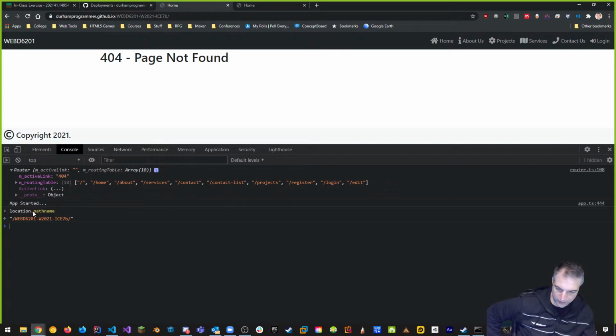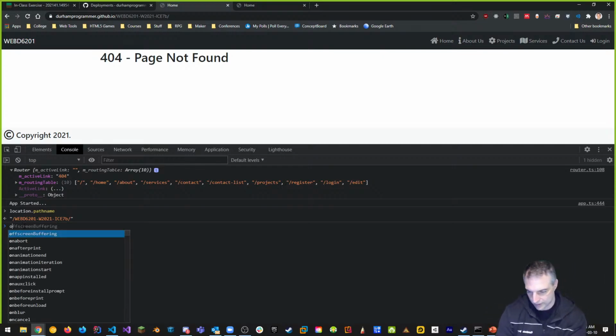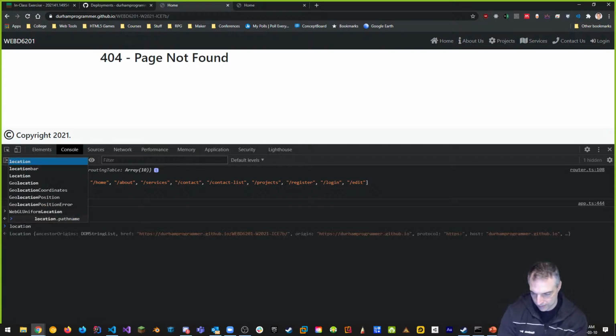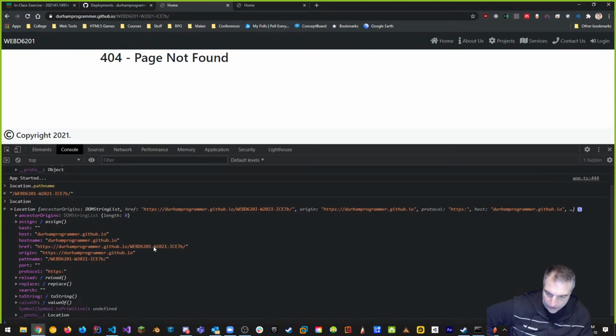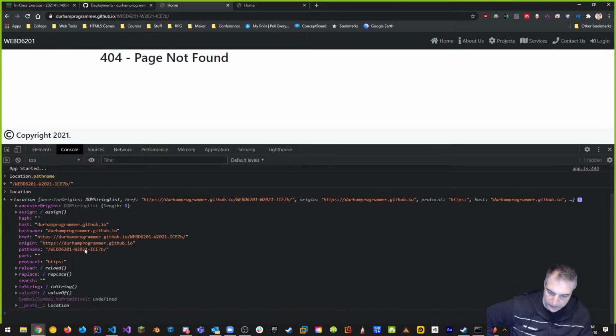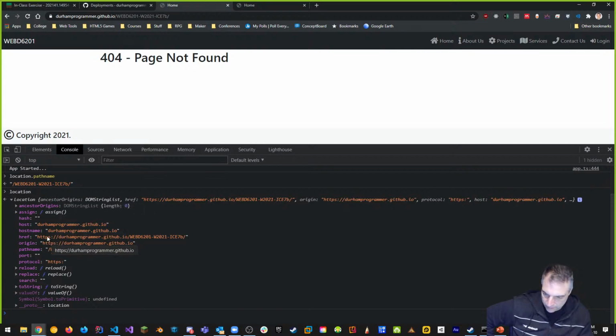Okay, this is incorrect. What other location things can we get? So location dot, I put the location in there. It says, here's my location. And the location variable gives us a bunch of different things. It gives us github.io or whatever, and it gives us this part, protocol, and these are the hash, if there's a hash, the host as an example, and the path name that includes the name of the project, okay?